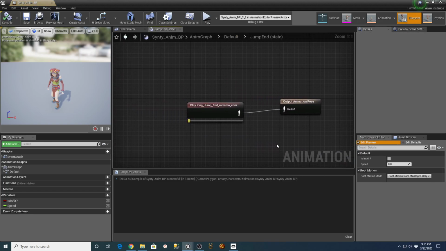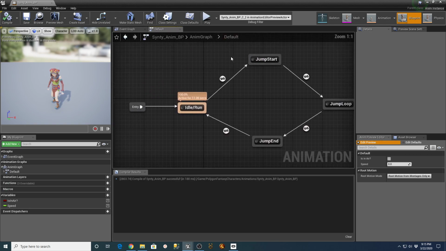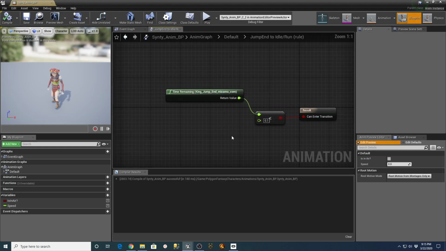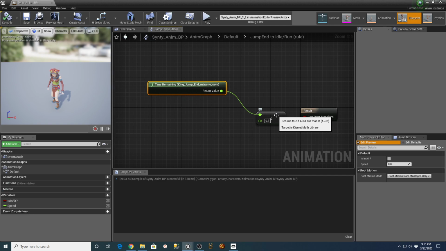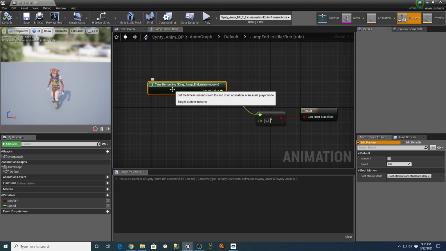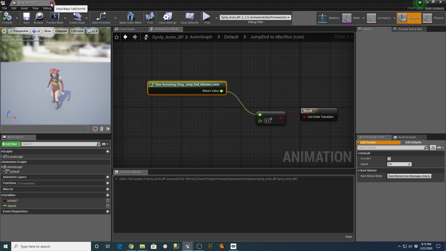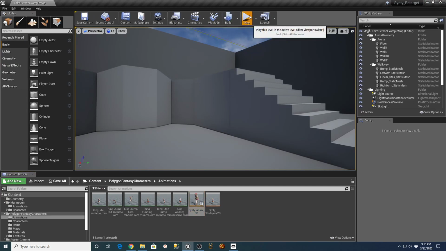And then from jump end, time remaining on keep jump and return value transition result. These should work. I don't know why that's not working.